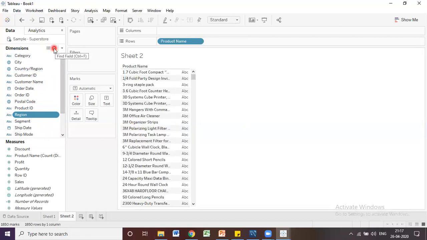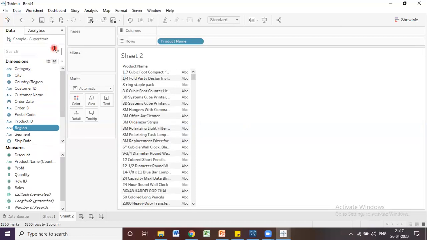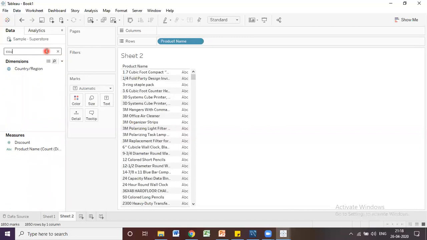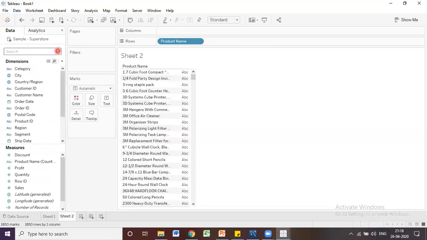You have an option to search, but for better understanding, it is your wish whether you want to organize or not. That is up to you, but we have an option to organize our data also. You can search. For example, if you want to search for any column, if you have a lot of columns, you can search like this, so automatically the columns will appear here. Now I am going to show how we can organize the data here.